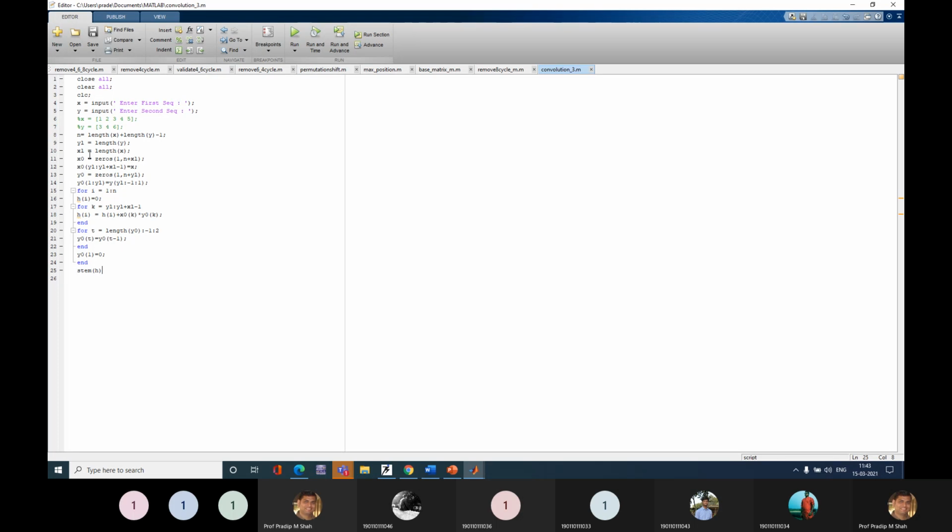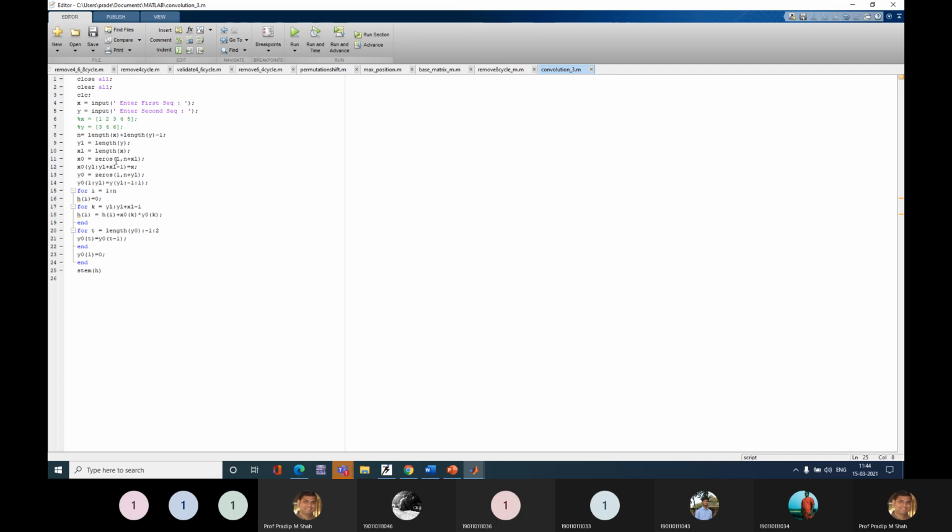Yes, sir. Okay. Now what I'm doing: I don't know the exact output, but I know the size of my output, as we determined, that is n. So here I'm creating a zeros vector, meaning all elements are zero.